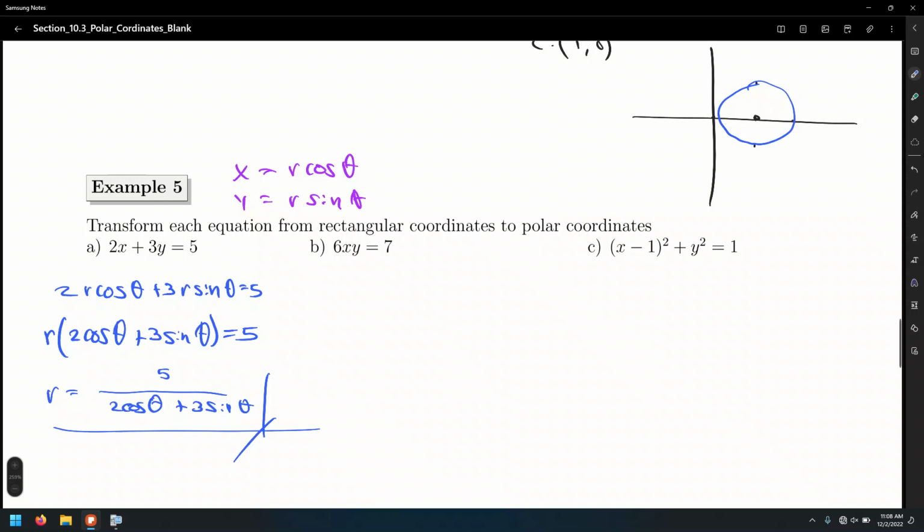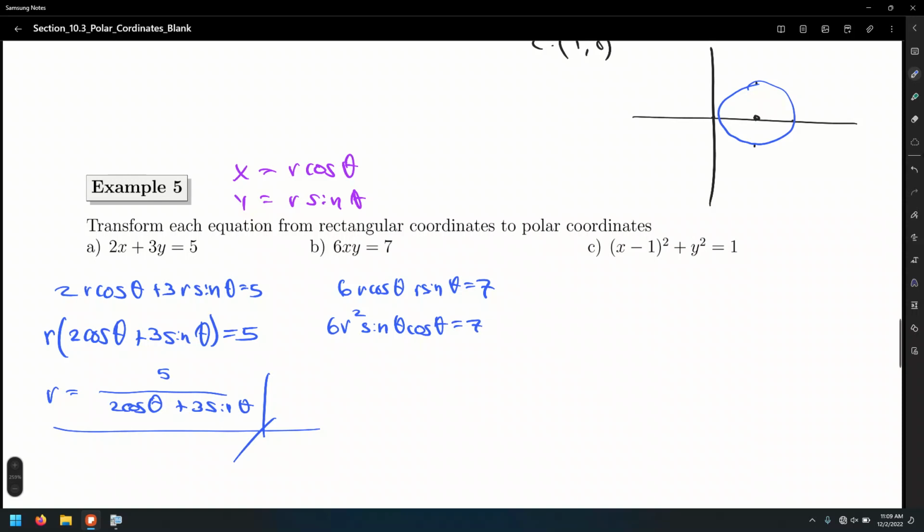For letter B, we have xy equals 7. Just replace x with r cosine theta, replace y with r sine theta. That's going to be r cosine theta times r sine theta, and that equals 7. Some simplification you might want to do here is to multiply the r's. That's r squared times sine theta cosine theta